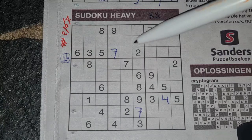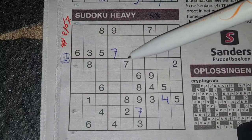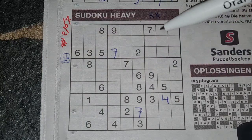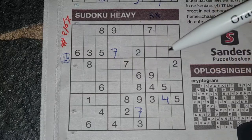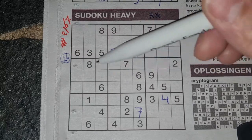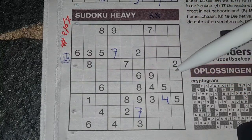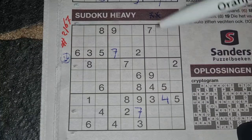And we have a pair here. 6 and an 8 in this row. Oh, no, not a pair, it's not a pair. I saw this 8 in the wrong row. Anyway,